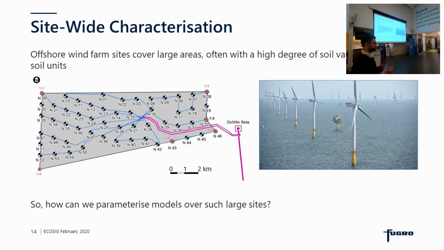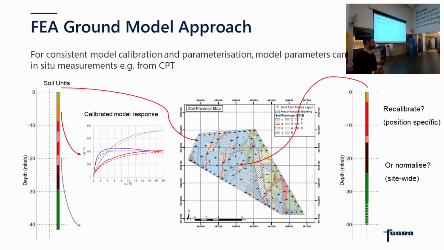And because, as Mike's already said, these offshore wind farm sites cover very large areas with high degrees of variability across the site, we need essentially a model, or an approach, that will capture that variability and allow for that site-wide design to take place. So essentially what we need is an FEA ground model approach, where we're using our ground model to generate the variability across the site, but we've adequately parameterized the soil units within our ground model